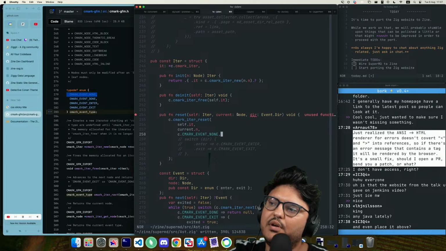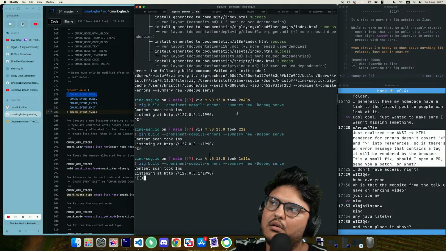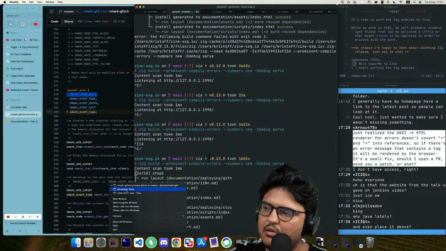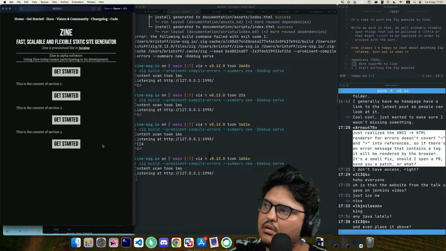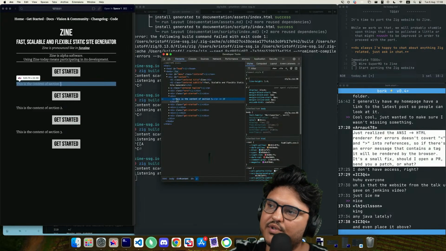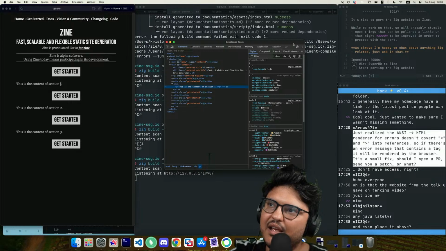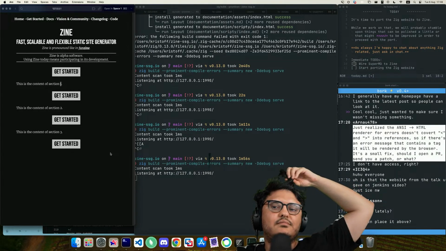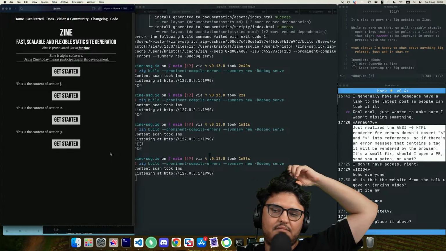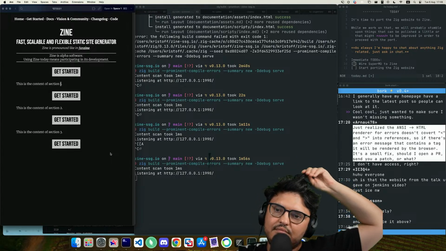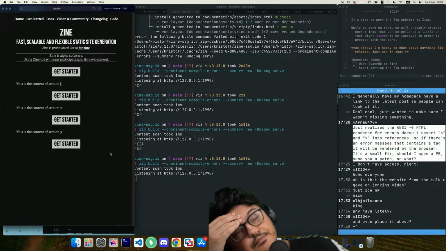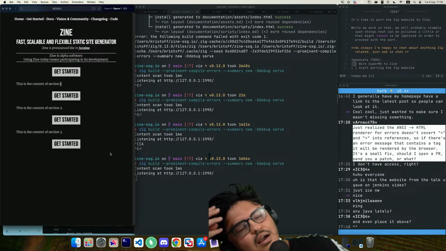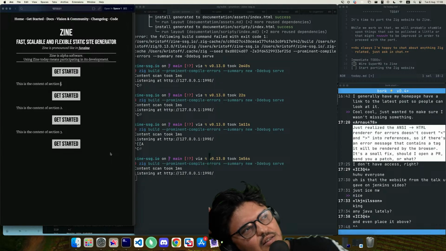That is, in fact, even worse. Okay, so I guess what we could do is find the previous element and then do next on it.